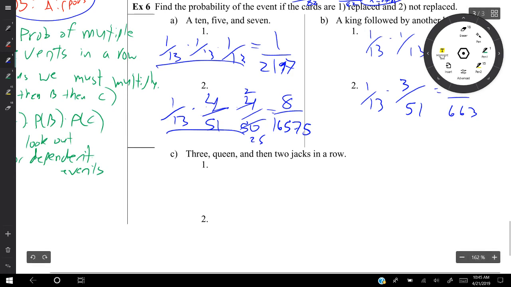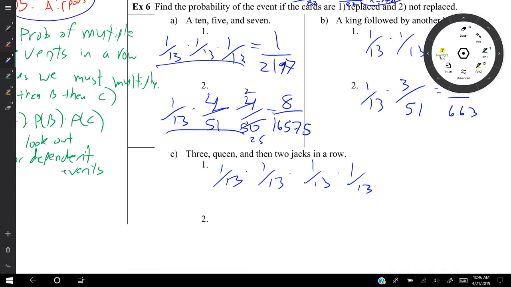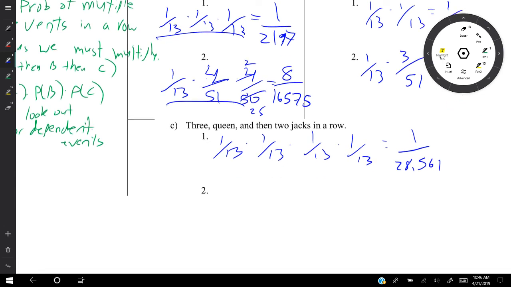A 3, if I'm replacing, 1/13th. Queen, if I am replacing, 1/13th. Right, I'm putting it back in the deck. Then 2 jacks in a row, 1/13th, 1/13th. Why is it always 1/13th? Because there's only 4 of each card, right? So it's always going to be 4 over 52. So 1/13th and 1/13th and 1/13th and 1/13th is 1 over 28,561. But the second you take cards out,